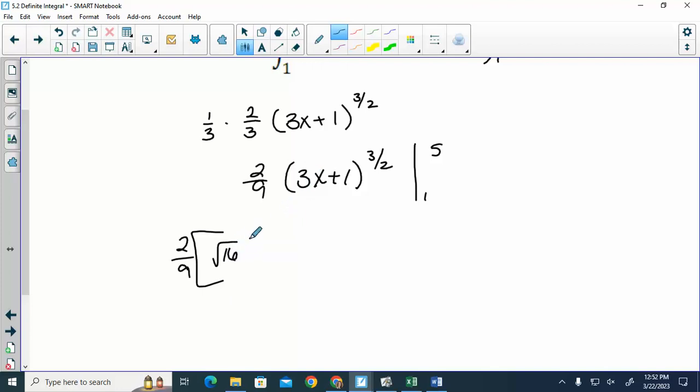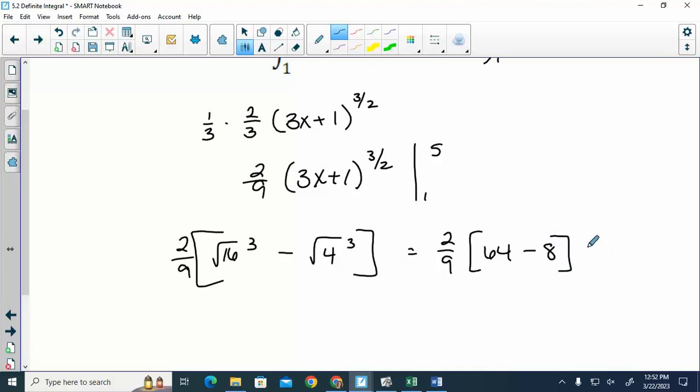The square root of 16 cubed minus the square root of 4 cubed. Square root of 16 is 4. 4 to the 3rd is 64. Square root of 4 is 2, to the 3rd is 8. 56. So 12